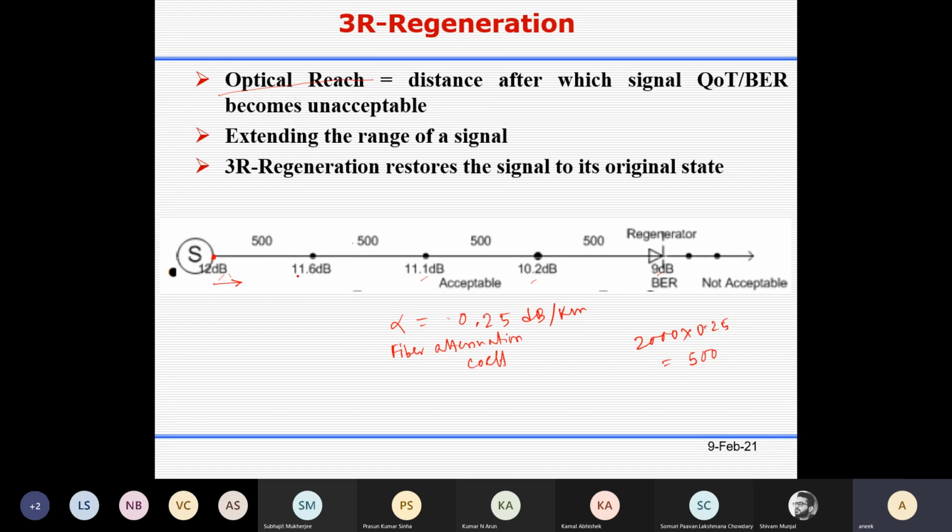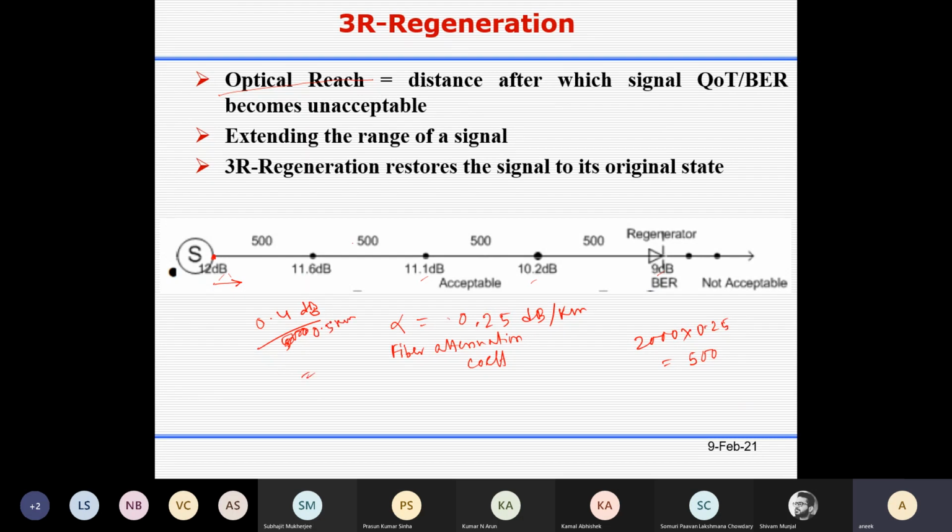This dB loss is only 0.4 dB, and the distance is 500. It must not be kilometer. So maybe they have taken 500 meters, which means 0.5 kilometer.